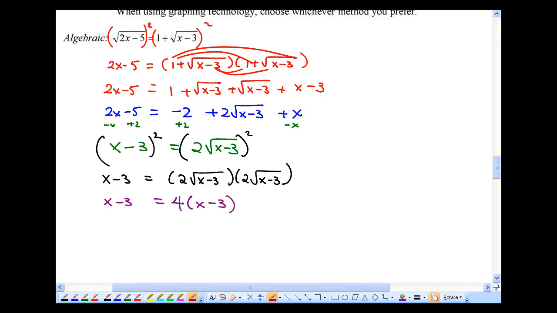Go ahead now and expand and simplify. That'll be 4x minus 12 equals x minus 3. We'll simplify by, I guess this time, I'll subtract x and add 3. Subtract x, add 3. Oh, wait a minute. No, I want to isolate the variable. Forget that plus 3 thing. Why don't I add 12 to both sides instead? Yeah, that would make more sense. So 3x on the right-hand side. How about,